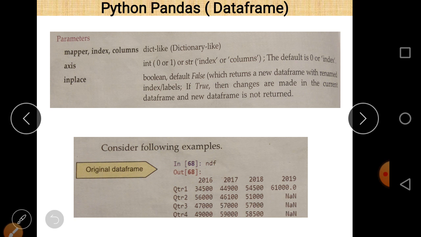Now there is an original data frame named NDF. Here I can zoom it.